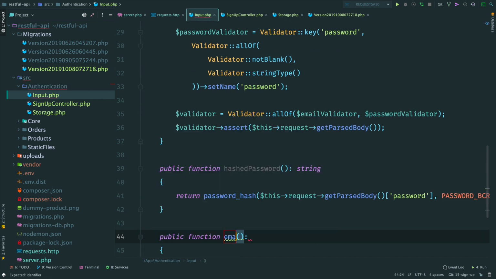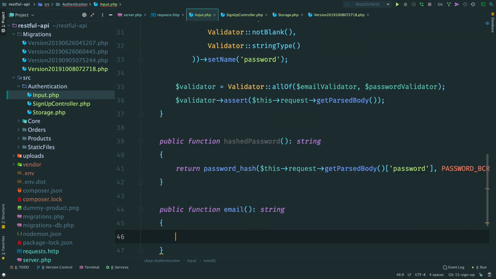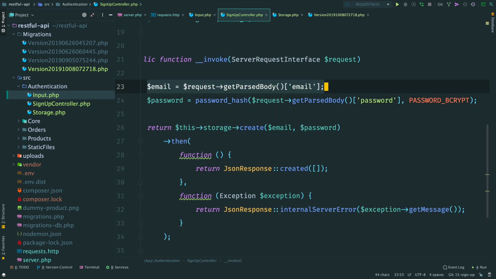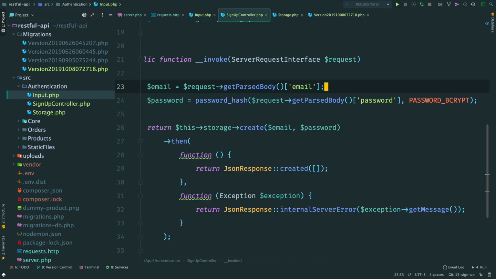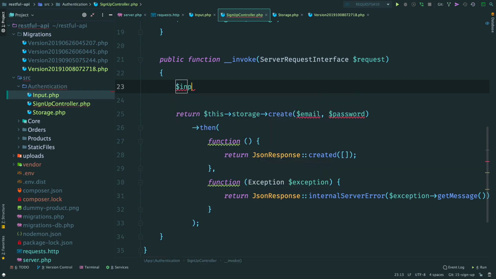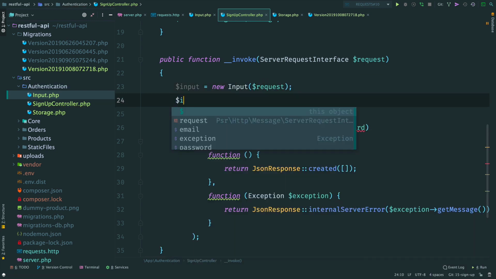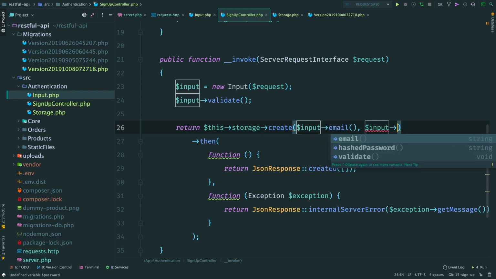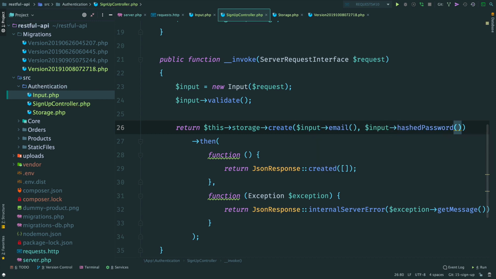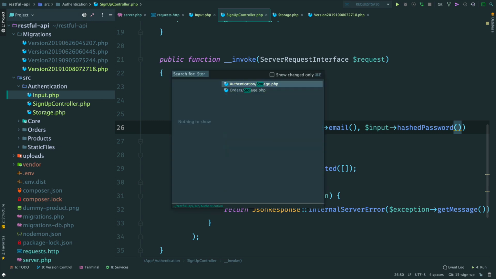Then method email. Again, copy and paste the code from the controller and add a return statement. Done. Then in the controller we instantiate the input and validate it. Remove this and instead use input helper methods for email and for a hashed password. So the validation is done.